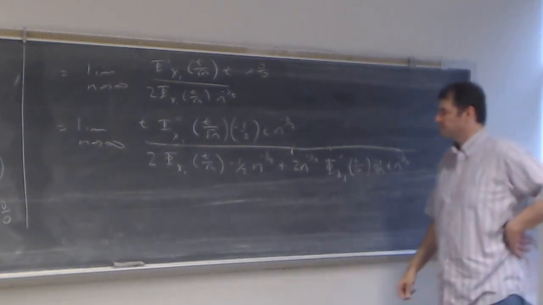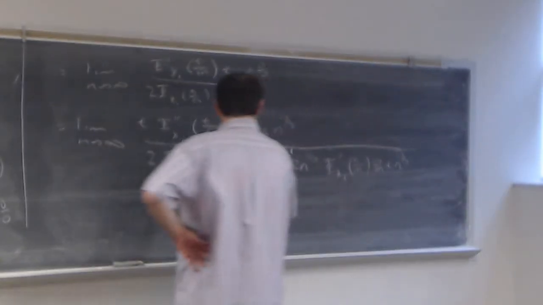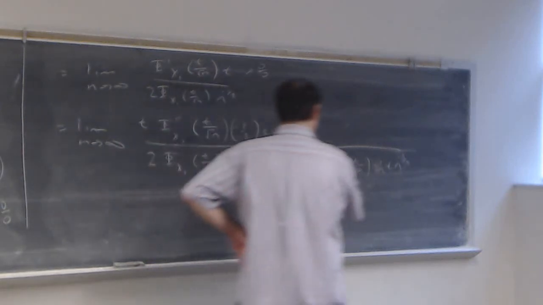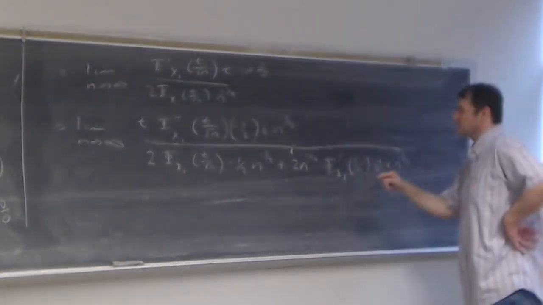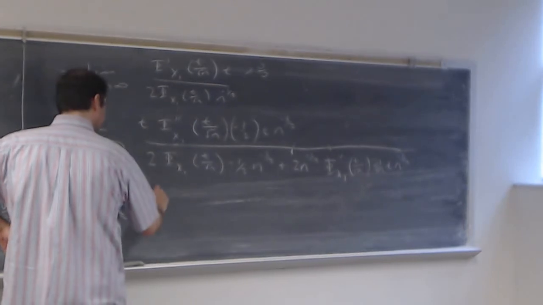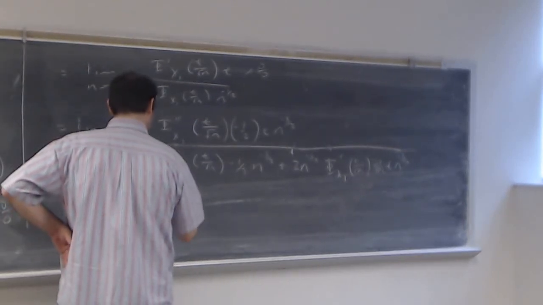Okay. This n to the minus 1/2 here and the minus 1/2 n to the minus 3/2, they cancel. So I'm going to rewrite this as the limit as n goes to infinity of t, the second derivative,